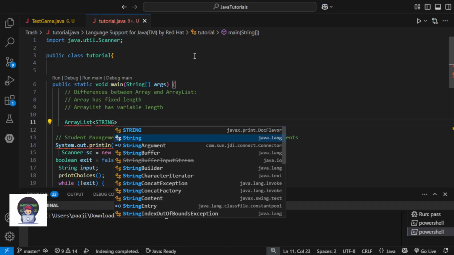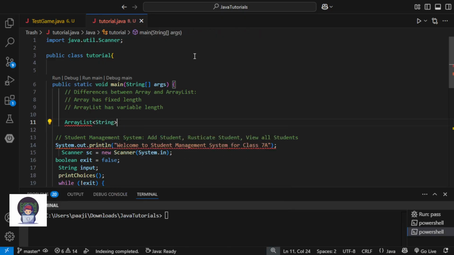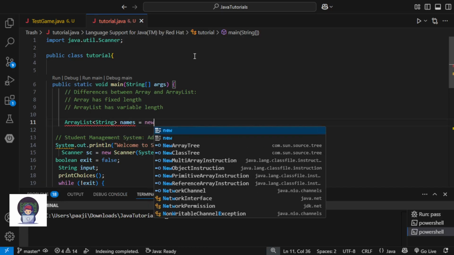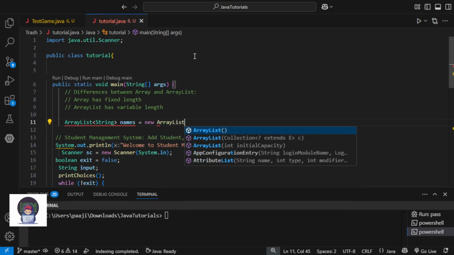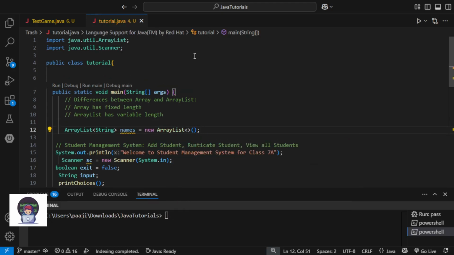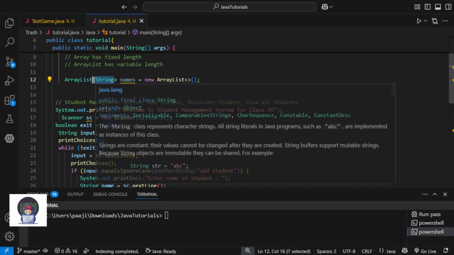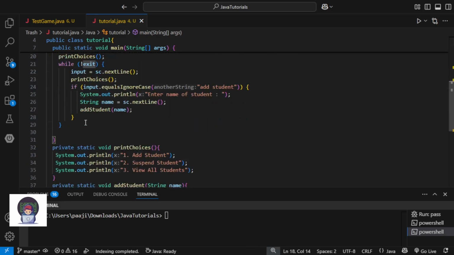We set its name to names is equal to new ArrayList. Basically that's it. Now this is an ArrayList and it will contain only data of type String.